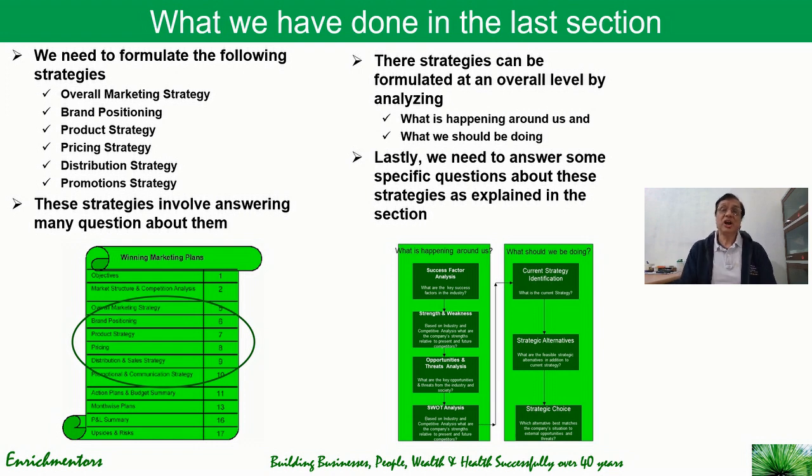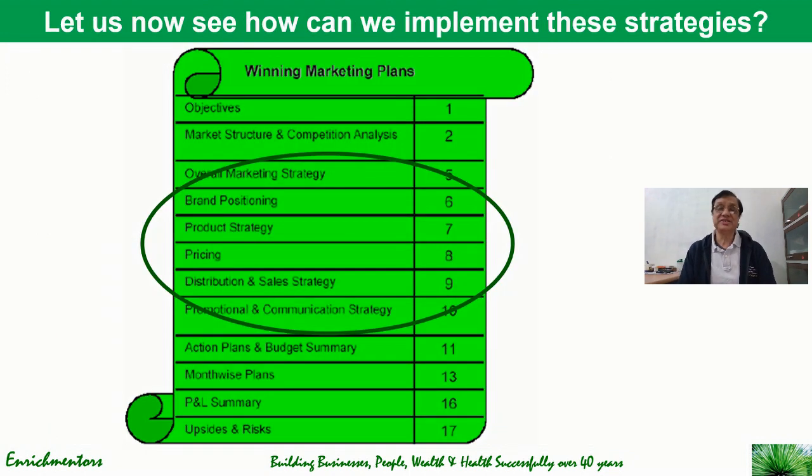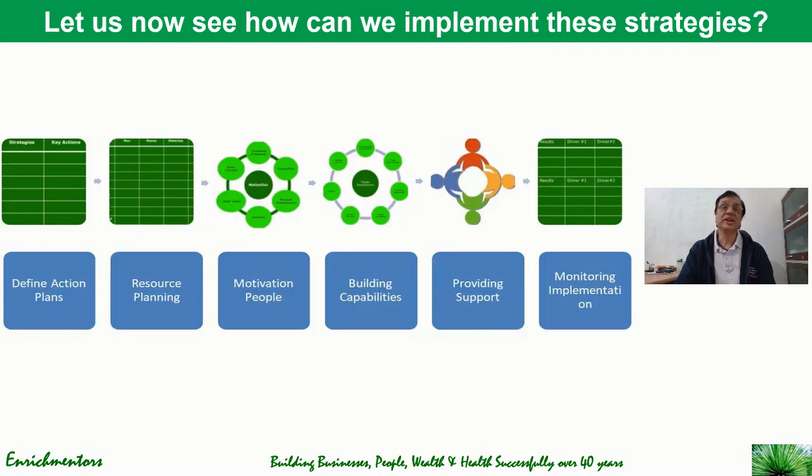Right. So how do we go about implementing these strategies now? The core 6 strategies that we have learned how to formulate in the last section. How do we go about implementing those strategies better than planned? Because finally the proof of the pudding is in the eating, right? So we might have great strategies, but unless you as a product manager can implement them better than the plan, excellence will be just a piece of paper, right?